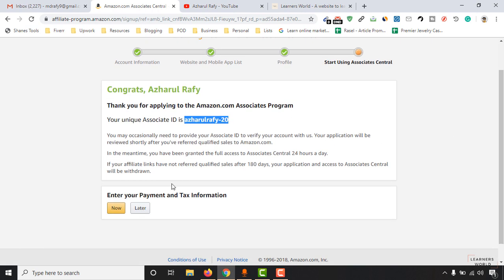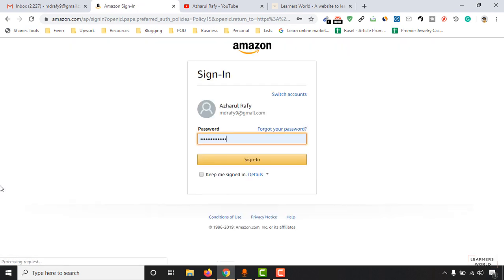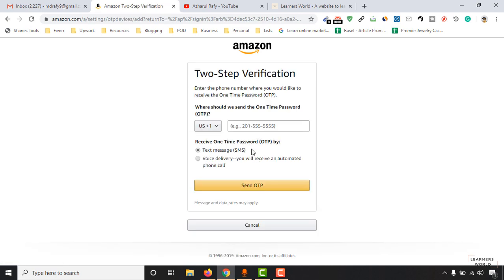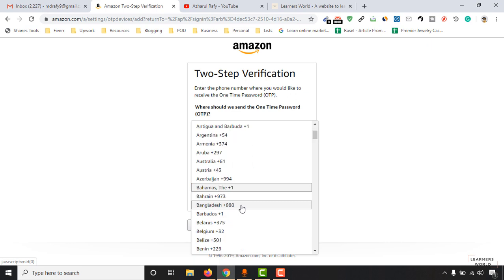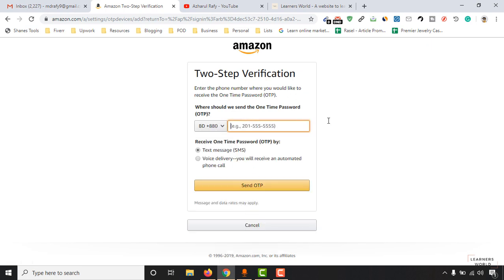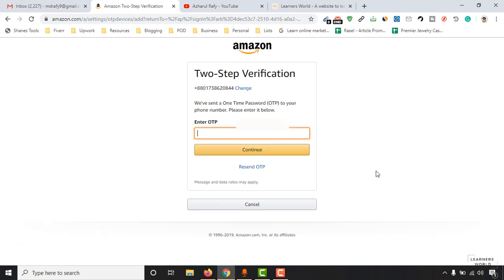And now what we have to do, we have to enter our payment and tax information. So we have to click here on this now button. And then we have to sign in with our account. And two-step verification, we have to put our phone number here. So I'm going to put my Bangladesh number, and then I have to select voice delivery or text message. So I'd love to get a text, so send OTP, and I have received a code